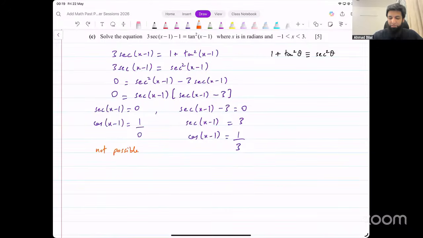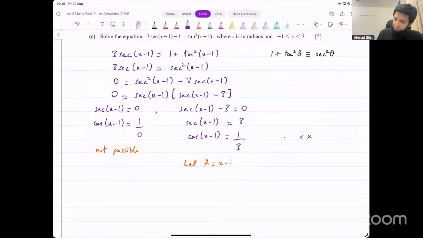Another way to do such problems, which is generally going to be helpful and less prone to careless errors when you have plus minus something inside the brackets, is to use a substitution. It will be a couple of extra steps, but it will reduce careless errors. So since the variable is not just x or theta, it's x minus 1, you use a substitution. You say let a equals x minus 1. Now, if we do that,